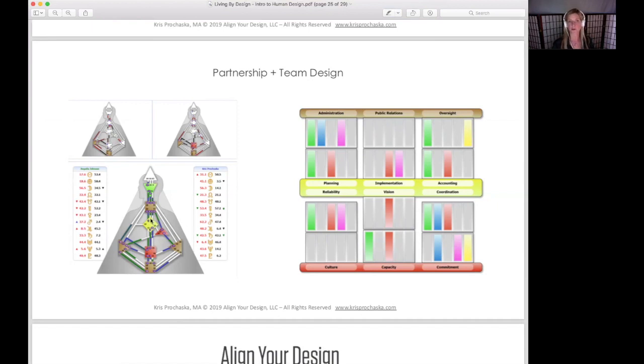And I've also used this with families, with kids, looking at the dynamics between a parent and child, and really helping the parents to understand their kids in a different way, and how they're getting their buttons pushed, and how you're going to parent each kid a little bit differently. So that's one of the applications, to look at the partnership or look at two charts together.